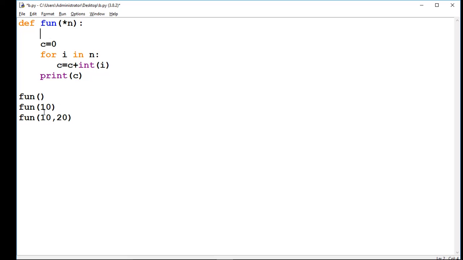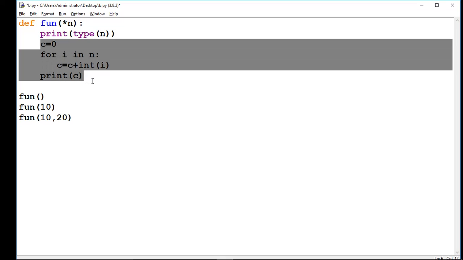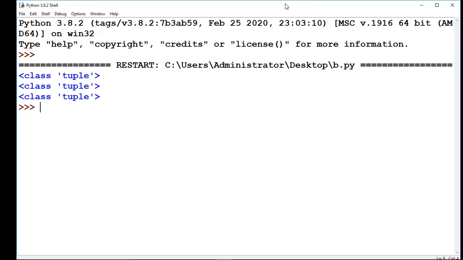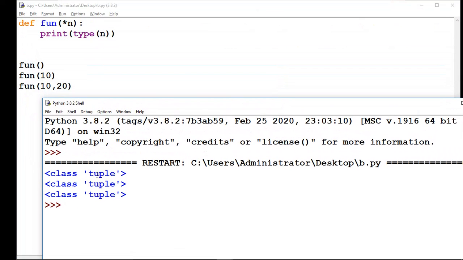Now check the values of these arguments. So for it I have to write this code, and this code I am removing. Now execute this program, so it will tell the types of the three arguments as tuple: first tuple, second tuple, and third tuple,